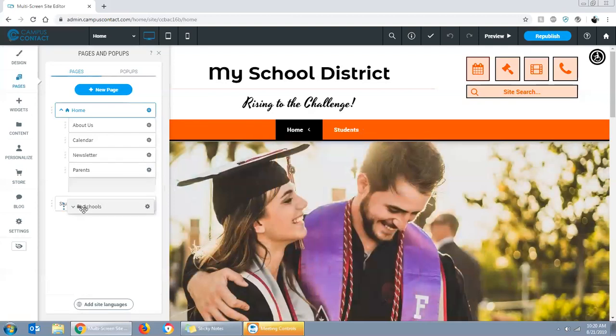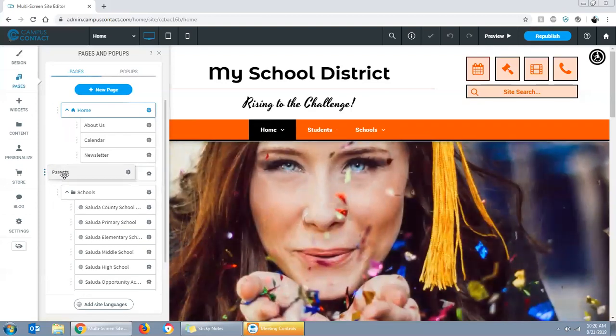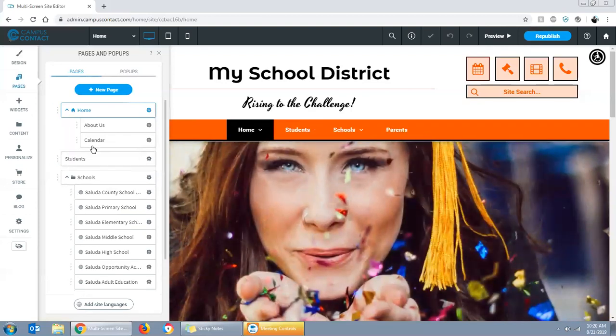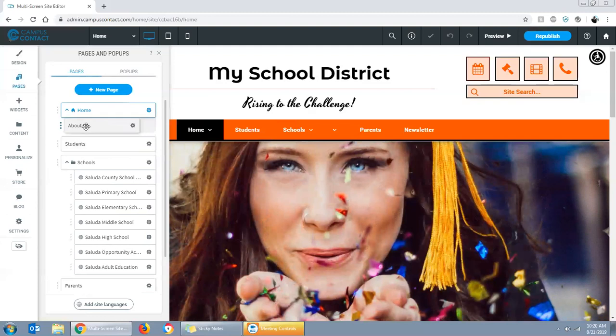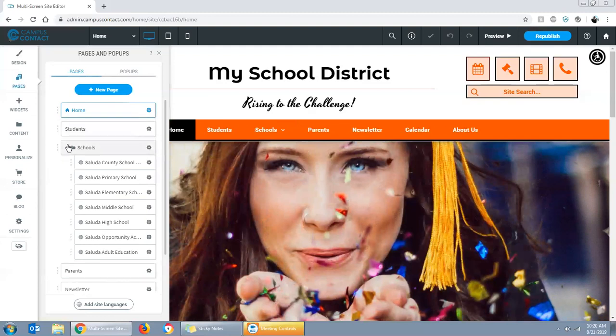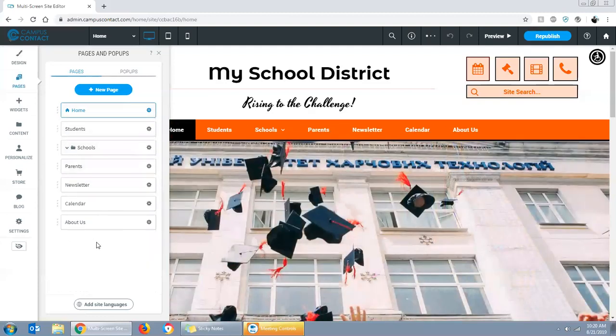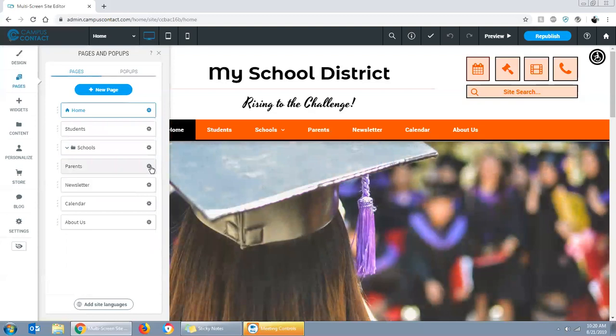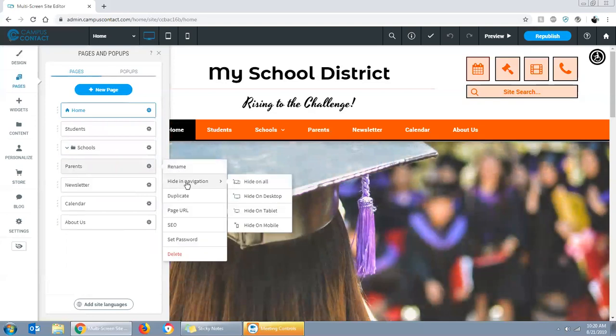So it's really, really simple to move things around in the system, to make them parent pages or child pages, just by moving them around, drag and drop, and you can shuffle the order, whatever you want. Now also, each page has a little icon to the right side of it. That little gear icon will take you to the option to rename the page or even hide a page in